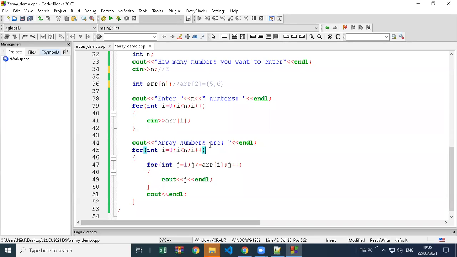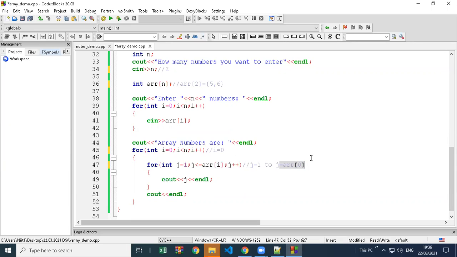How will this nested loop work? So first of all, I value is 0. Now, this inner loop, see carefully, is going to start J from 1. What is the end position of J? Let's see. ARR of I, that is our array. I value is 0.